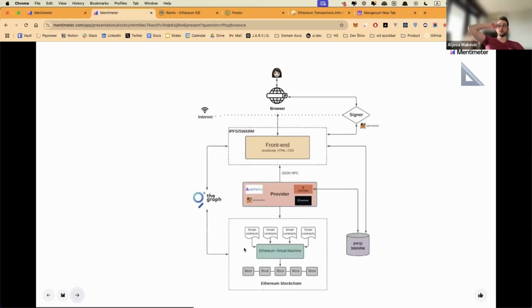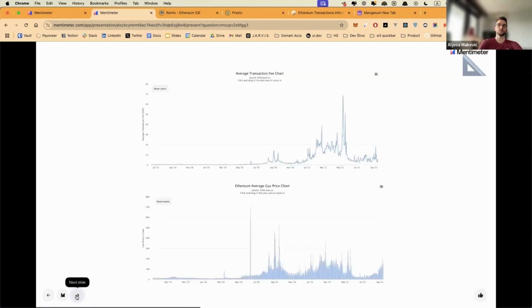Sometimes the raw data you get from the chain is not really in the shape and form that you'd like, especially if you start working with measurements of time. You're gonna want to show your users something like a month ago instead of 16th of November 2024. That's where The Graph comes in, and it basically scans and indexes all the data that you want on chain, just like Google scans and indexes specific pages. And then it lets you reformat everything in the way you want it. And then it serves it on the front end just how you wanted it.